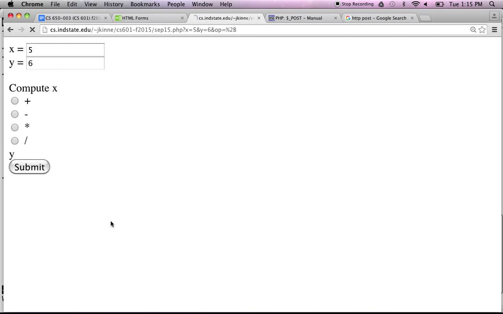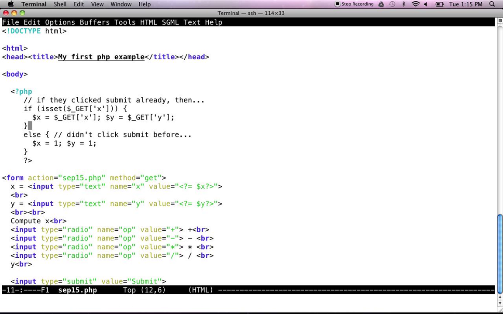Okay, so then I reload it and it keeps the values. That's good. I also should do that for the op.